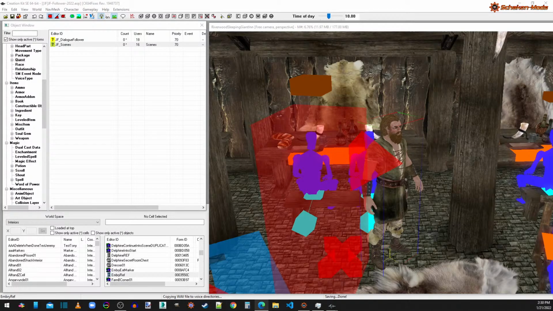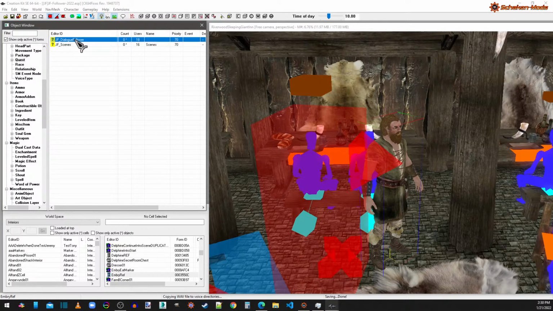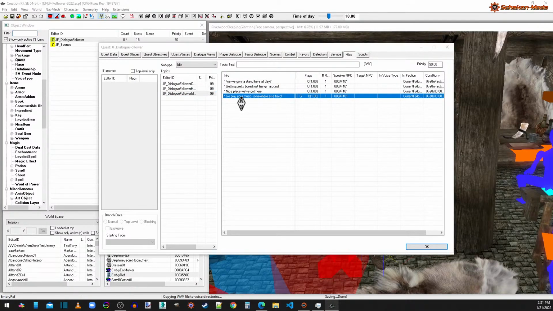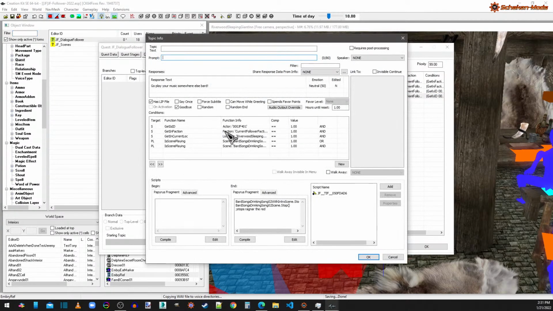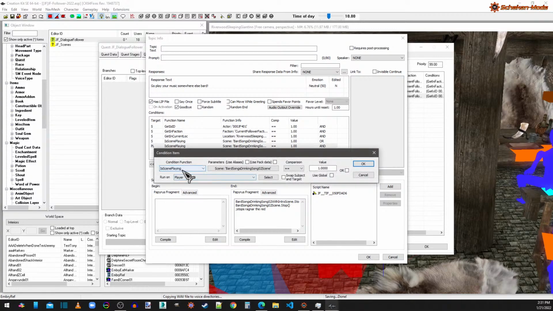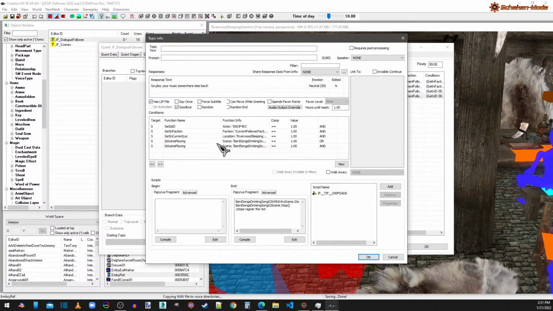But I want to get into a little bit of something else now. I'm going to run off some more dialogue. I've got a bunch of idle dialogue that I'm recording for my follower. Like I got this one for that bard, that annoying fucking bard. So I'm trying to set it up so that if he's my follower, and either one of those shitty songs is playing in the inns, I basically want him to stop. So what I did was, if the scene's playing and we're in there,